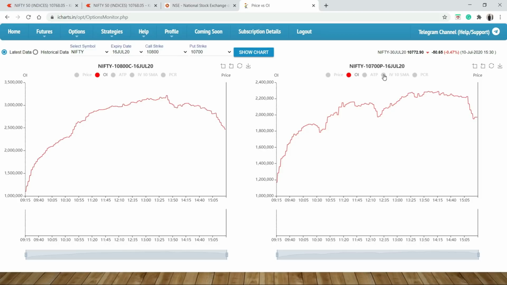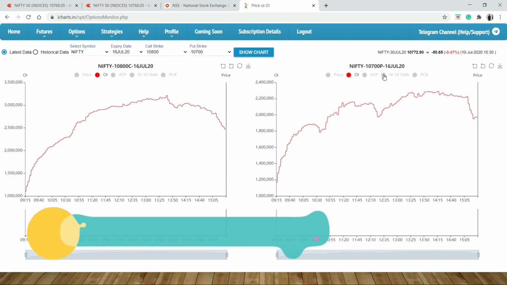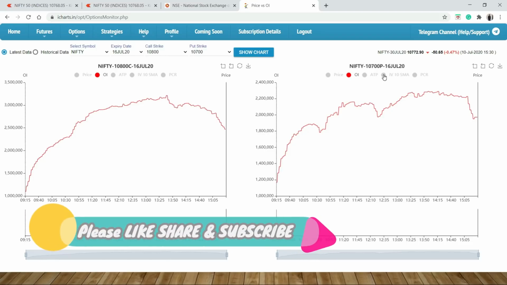So if we are talking about the reverse scenario, where there are more put writers and fewer call writers, the market might go above by 18-19 points and then reverse 30-40 points, but ultimately the market closes above the opening price, which means the trend is an uptrend. So this is all about the OI data.